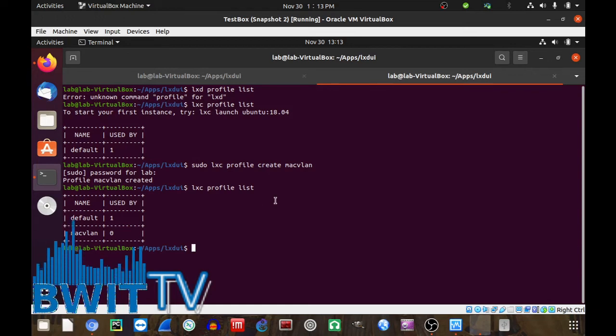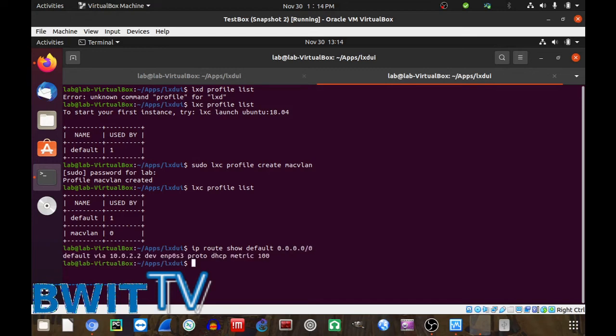All right, so we need to add the NIC that we're going to use for this. Let's do this here: ip route show default. Oh, hit the wrong button. All right, so here's our default route via 10.0.0.2, and here's our interface, enp0s3. Let's copy that. Our next step, make sure you're doing most of these commands as superuser. Say sudo profile device